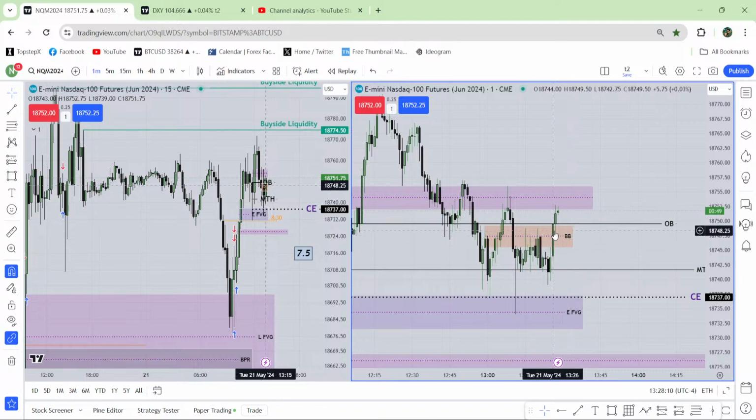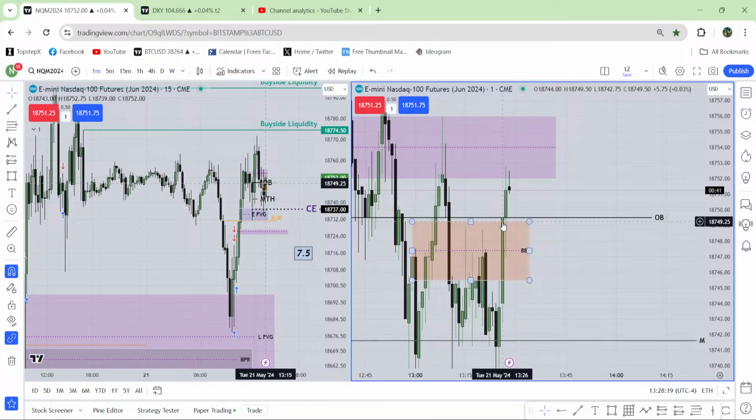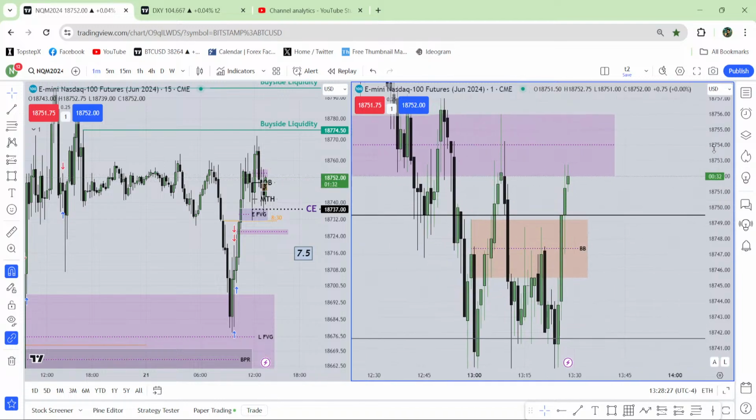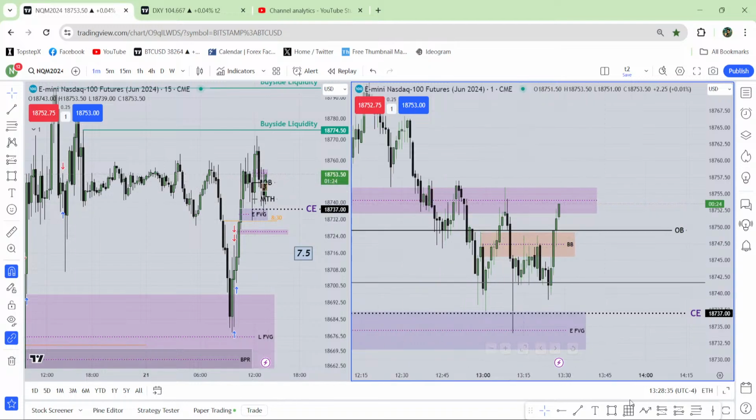But this is how ICT said it: when the market goes above the breaker block, you have to take the entry. What I do is wait for the candle to close above the breaker block. When it closes, the very next candle, I'm in the market. That's the thing I do. If the breaker block doesn't work the first time, and I'm so confident about the breaker block, only then do I do this type of thing.